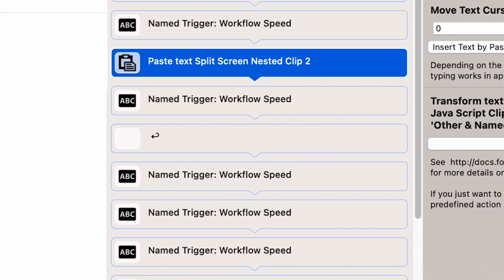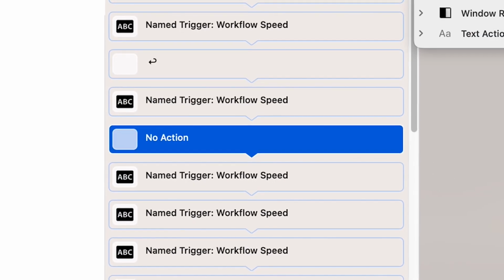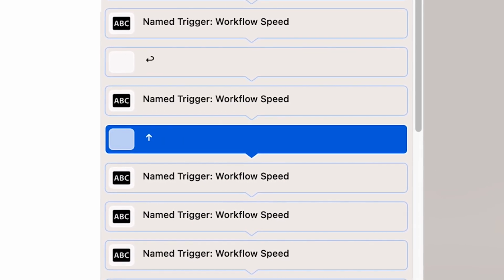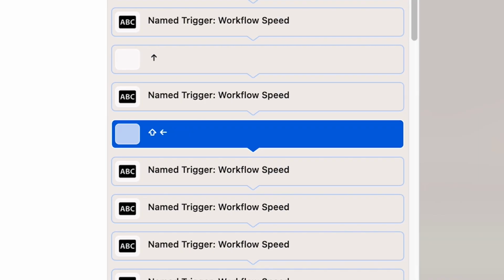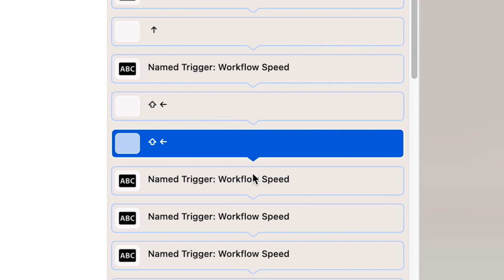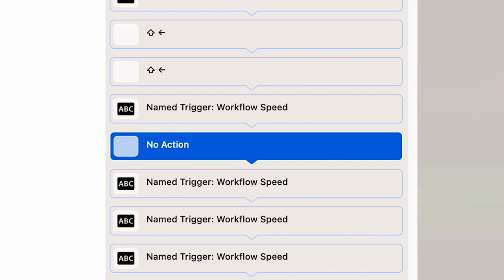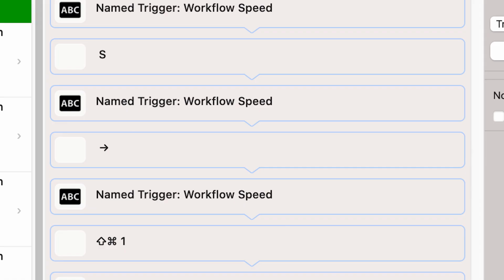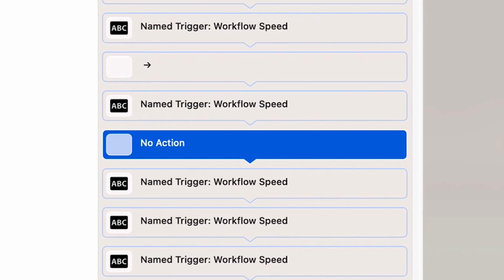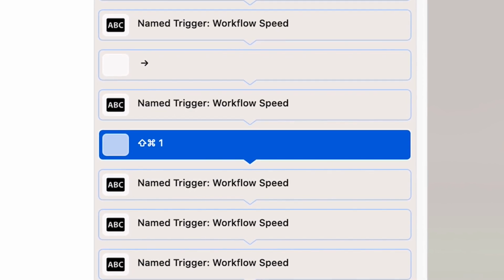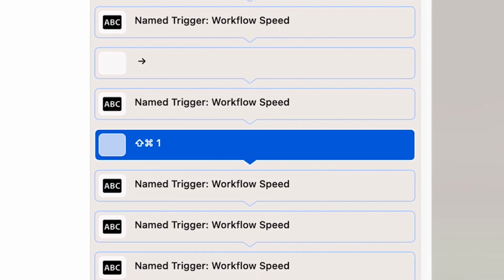Then yet another enter key shortcut action, followed by an arrow up shortcut action to move the playhead back to the cut between both clips. Then add shift plus left arrow key twice to move 10 frames to the left, the S key to make a cut, the right arrow key in order to highlight the middle piece, followed by a command shift plus 1 shortcut action, which will reduce the zoom of the clip in the program monitor